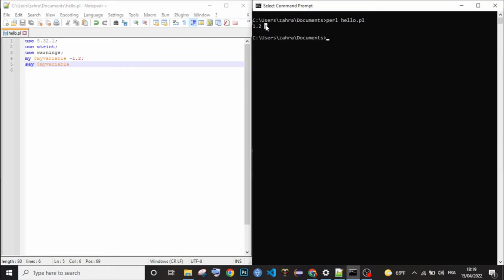It gives you this value, but you can change it however you want. Let's say a string, save, run. It's going to give you a string.